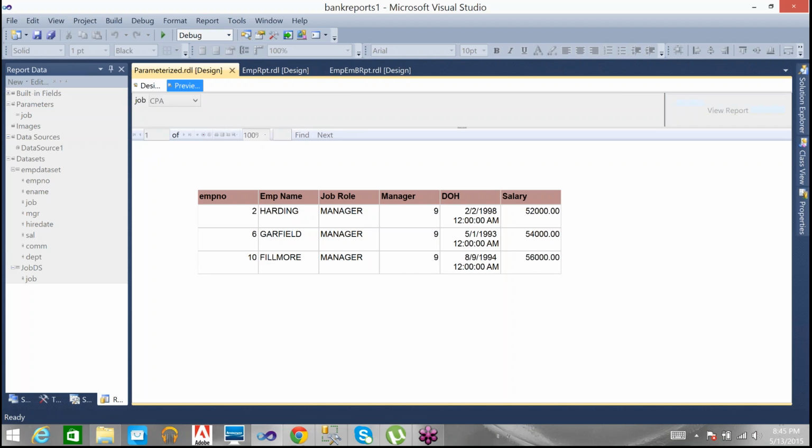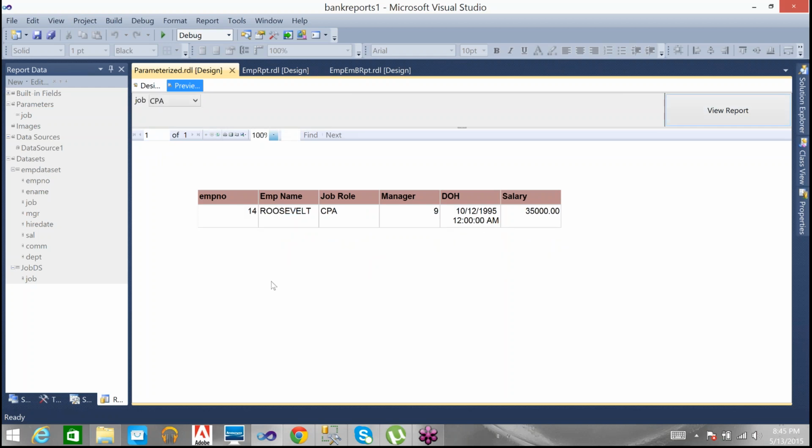Now there is one more requirement that will come. Okay, right now I am able to select only one job role. Can you display the employees with multiple job roles? Means what? I want to display CEOs and COOs. Okay, then how can I display? I want to display the CEOs and CPAs. I will display the sales and managers. Display the employees with the job roles sales and managers. How can I do this?